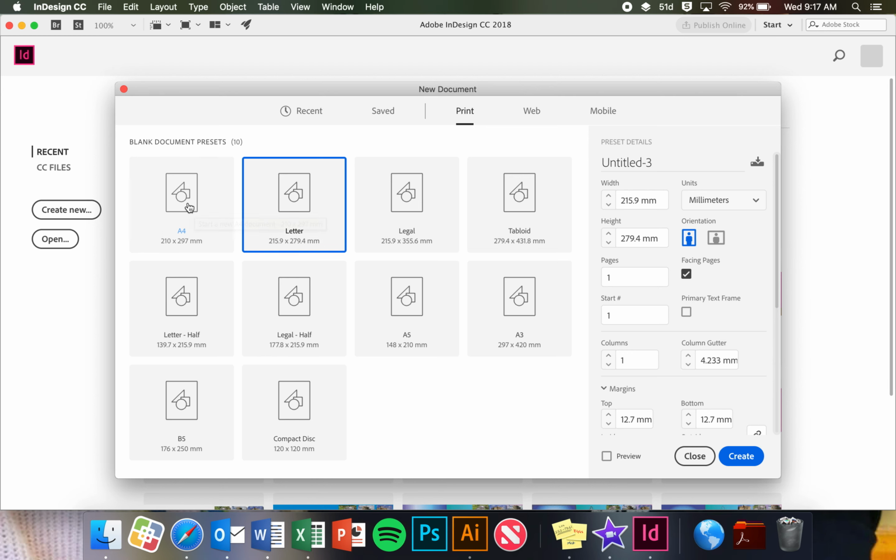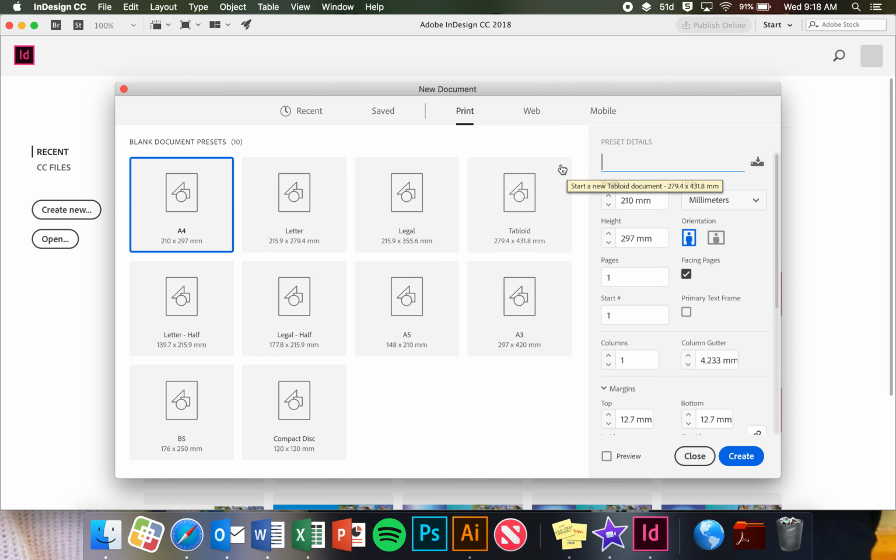All you have to do is click on them and you'll notice that things are changing. So the A4 document is what I want. It's going to give me a width and a height here. I can also customize that if I want to, so I could go 300 by 70 if I really wanted to, and it will just stay there, and I can just click on the A4 one again to change it back. So I'm going to change the document title to learning, and then that will be the name of the